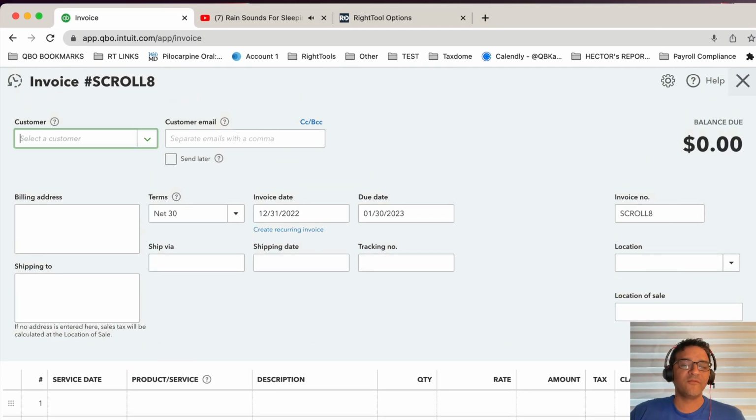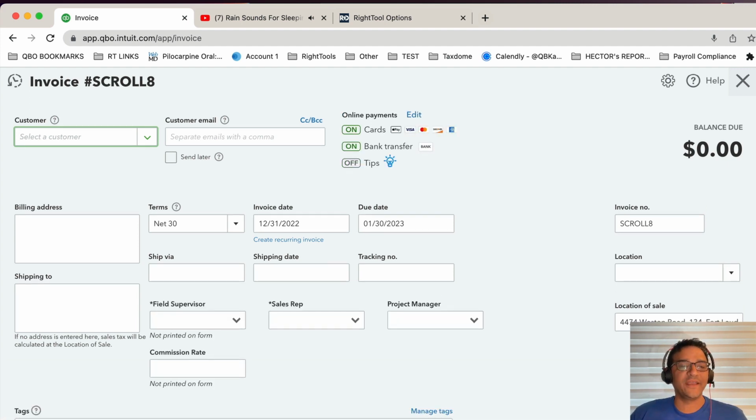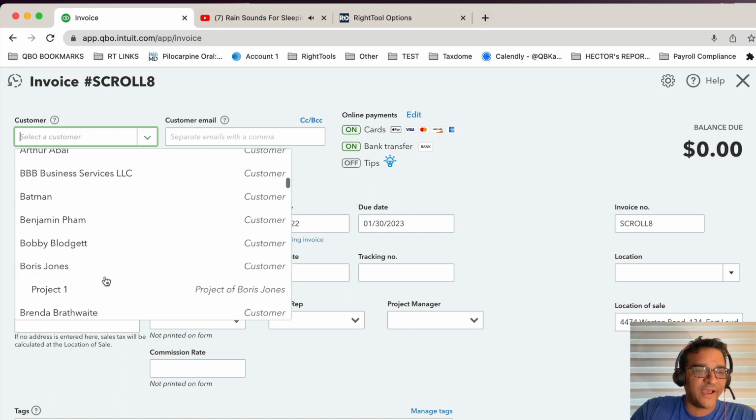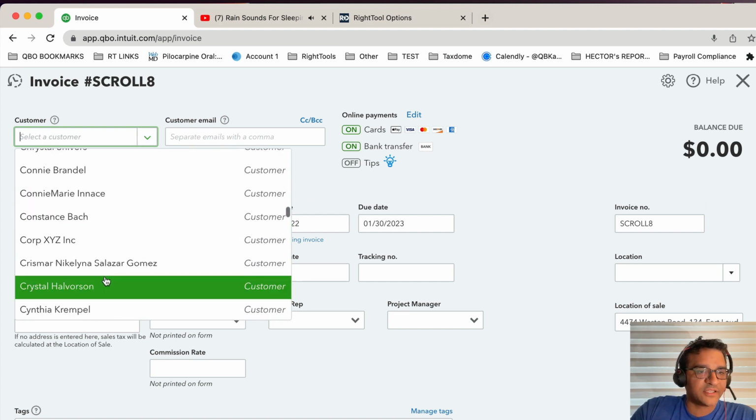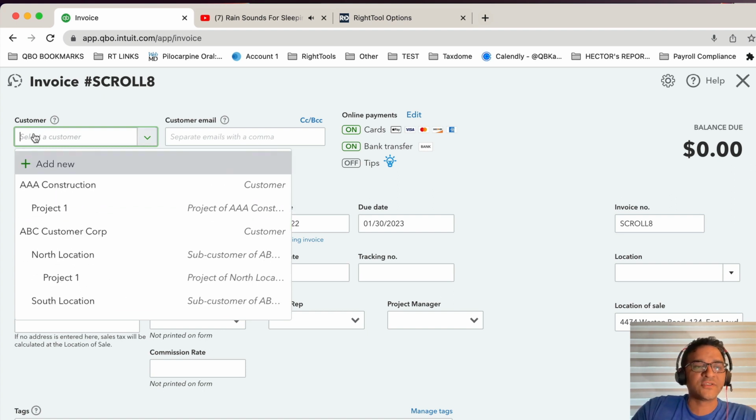Okay, so I'm in the new invoice screen. As you can see, I didn't even use my hands for this. In any box that I'm in, I can dictate. So for example, let's say I wanted to find a customer, let's say this one called Constance Back. Okay, so that's the one I want to find. So I'm going to hit